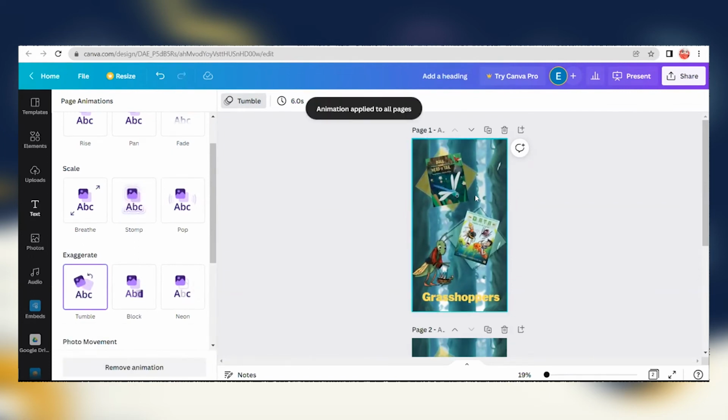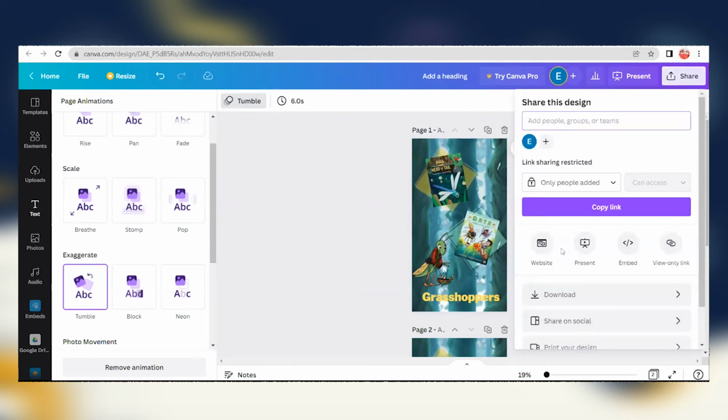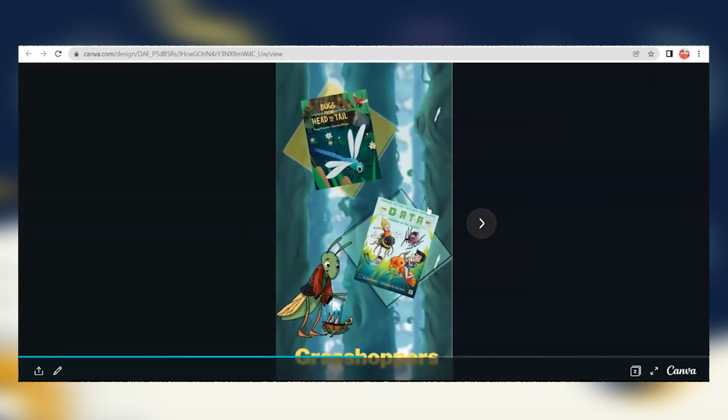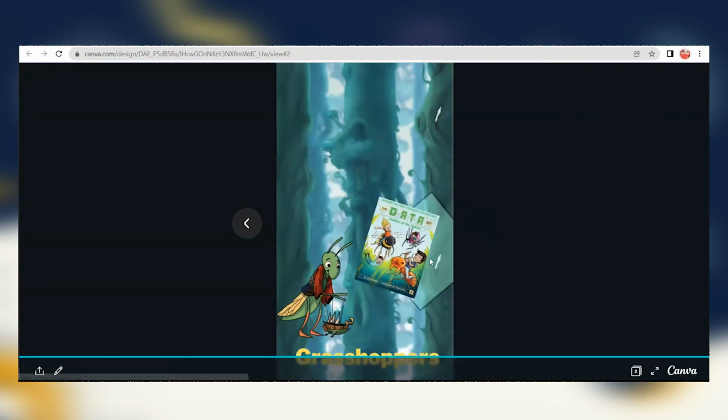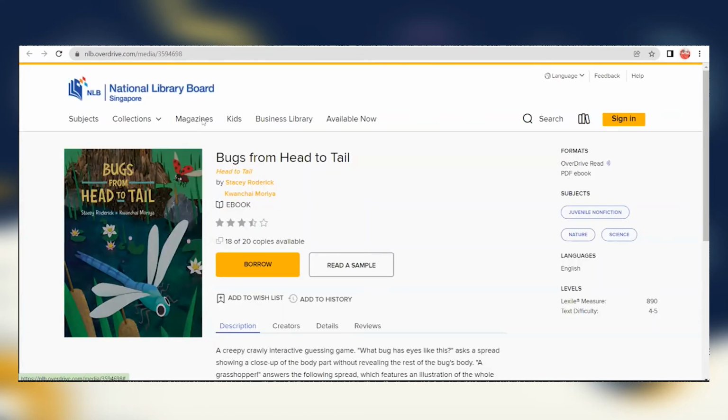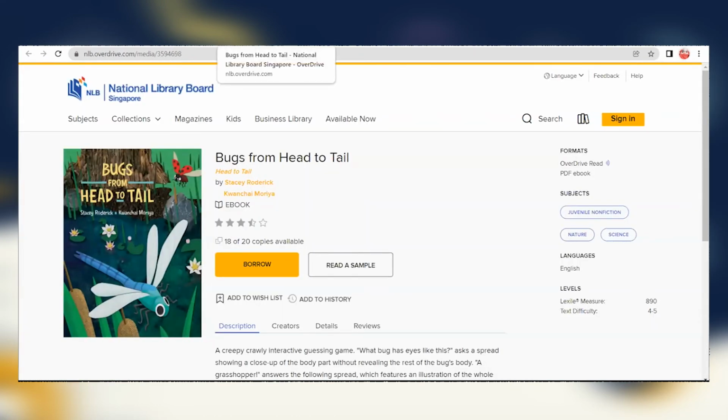Okay, after you've applied to all pages, you can actually take a look how it will look like when a reader scans the QR code. So you can just click share again, website, and then web style will be presentation and open website. So from here, can you see the animation? Okay, then you can just swipe left, and let me just click on this to show it's working. Yes. Okay, so with that, I guess we can actually show you our end product